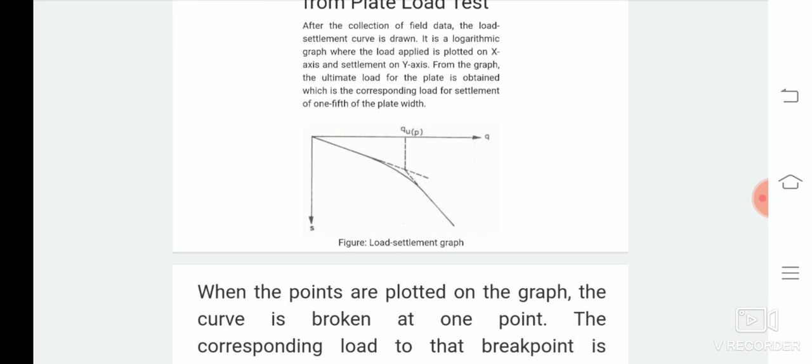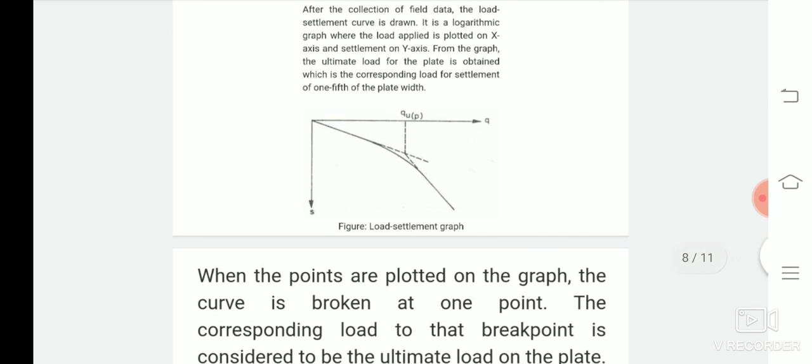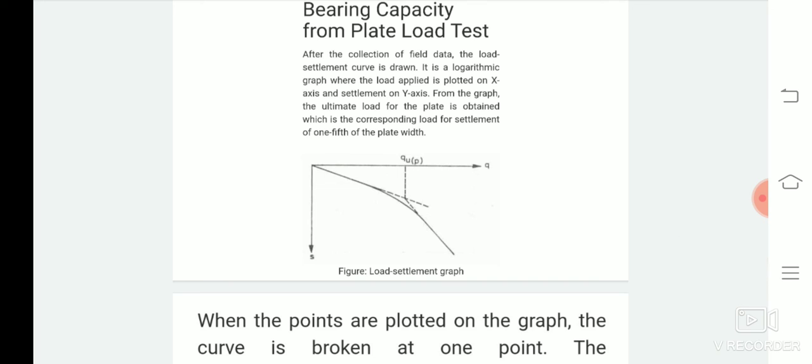Next is the size of the foundation. Exclusively for clay soil, the ultimate pressure for a larger foundation is the same as that for the test plate. But in dense or sandy soil, the bearing capacity increases with the size of the foundation, and tests on smaller bearing plates tend to give smaller values. Hence this is not practically possible. So there are some limitations for the plate load test. This test is only applied where the test is feasible and gives correct results only for cohesionless soil.